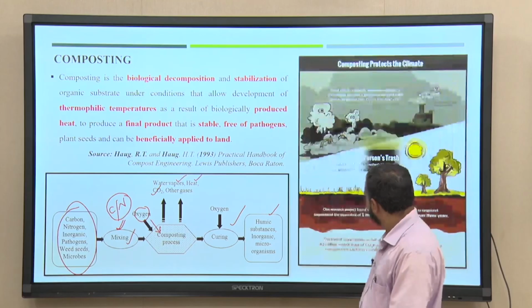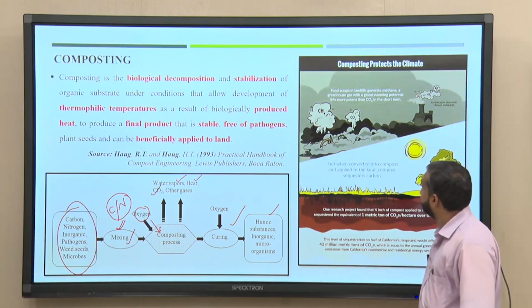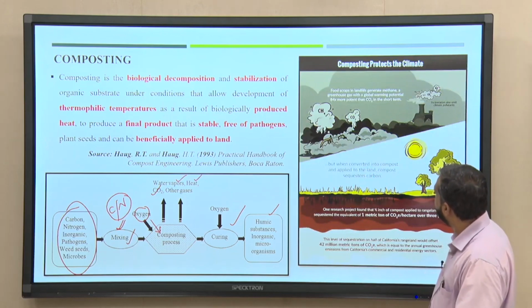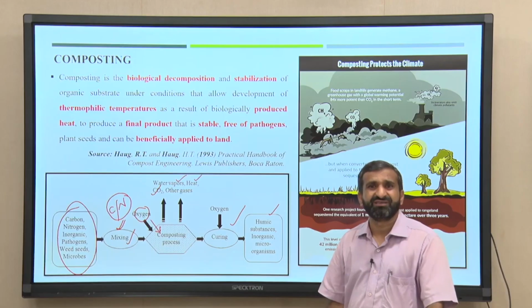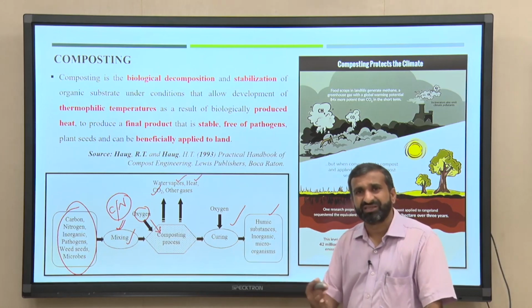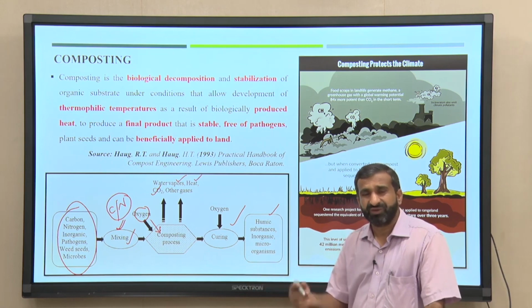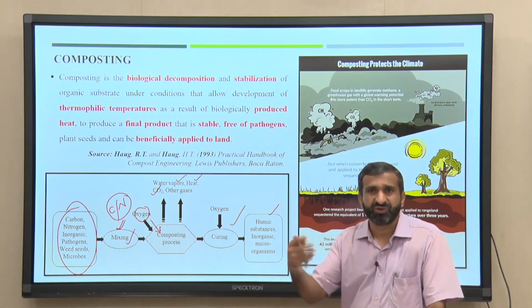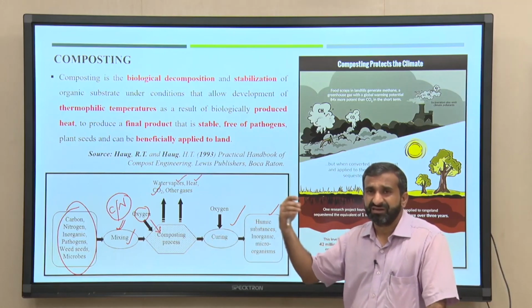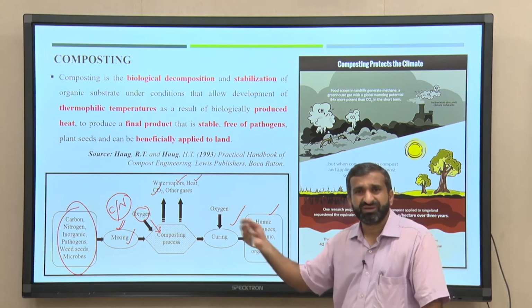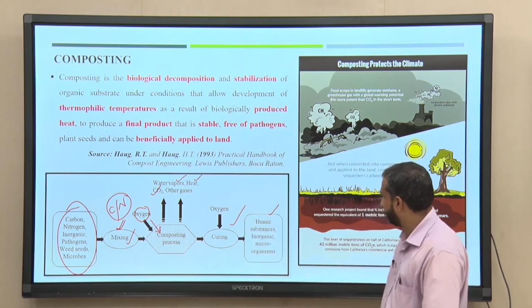This is the complete understanding of the composting process, okay. And here you can also see how important the composting process is for climate change. I already discussed that wet waste is a major problem, getting disposed unscientifically into dump sites or landfill areas. These organic wastes have to degrade, so whether you compost or give no treatment at all, it will get degraded, and because of that leachate and a lot of unnecessary gases will be produced.